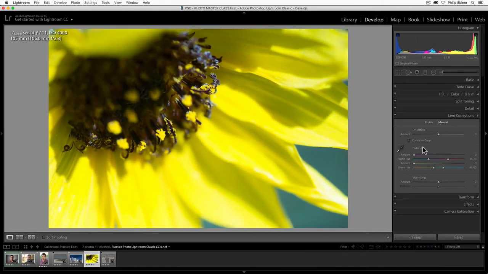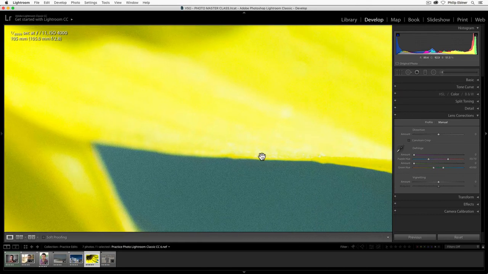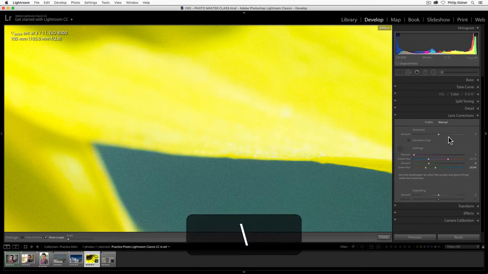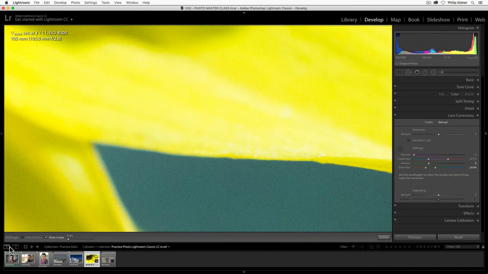Then you have the defringe, which is what is happening with the chromatic aberration. You have this fringing on the edges of things, and you can kind of see it in this image. There's this green sort of edge to this petal right here. So if we take our eyedropper and we go to the edge, pick a fringe color, which is this green, and then we do the before and after, it's so subtle. It's so hard for you to see, but I can actually see it. Before, you see the green, after, without the green. So that can help slightly, and you can adjust the hues and the amount that you're selecting.